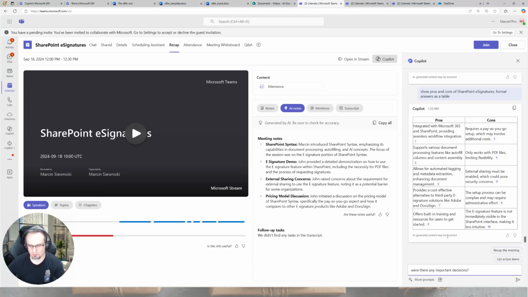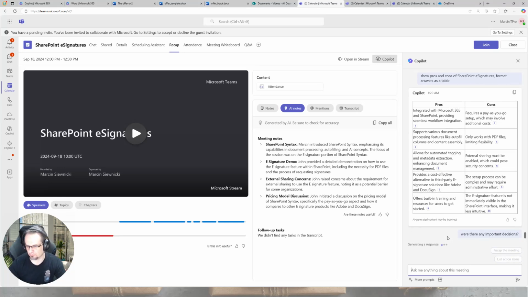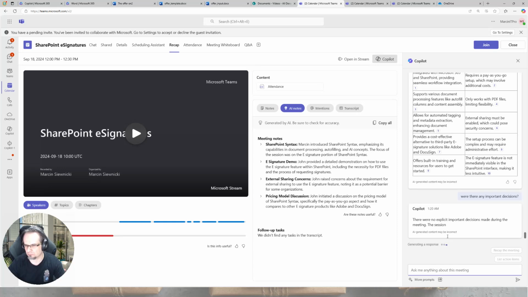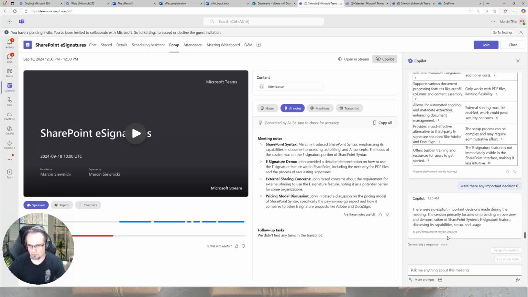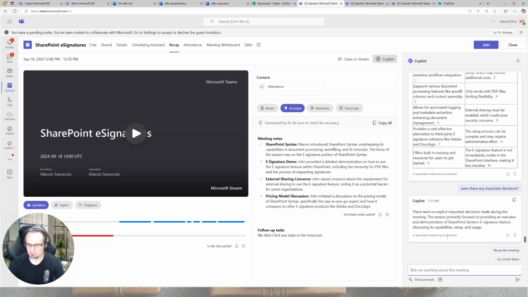But I can also ask were there any important decisions. I know that this meeting was only about feature review, so there were no important decisions. But if the discussion was about some specific actions and attendees made some decisions, you will get information about that and who made what kind of decision, and also a direct link to this specific point in the transcript. So you can compose an entire